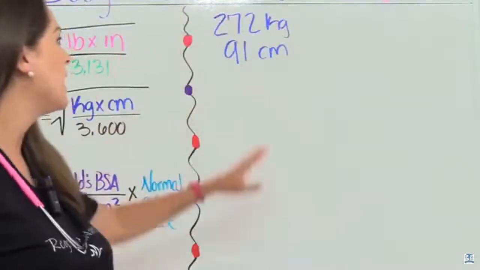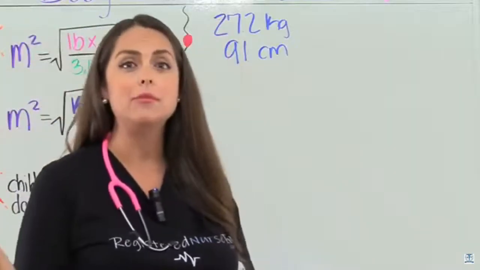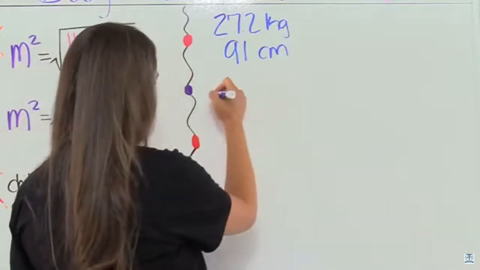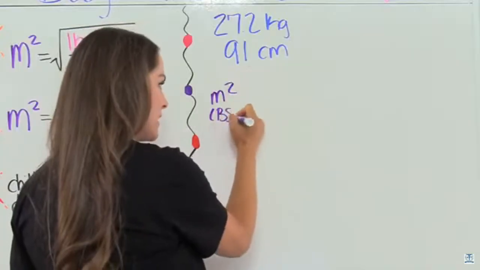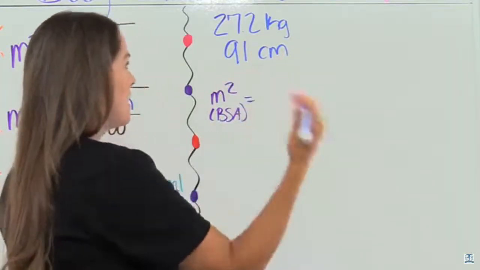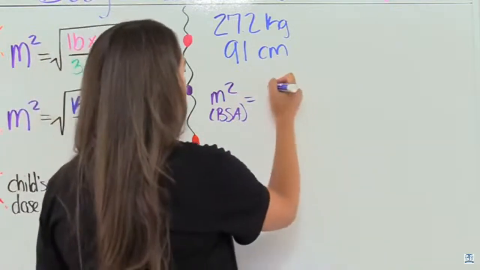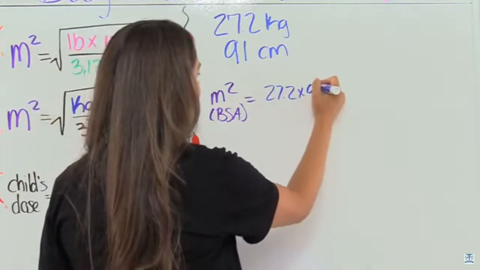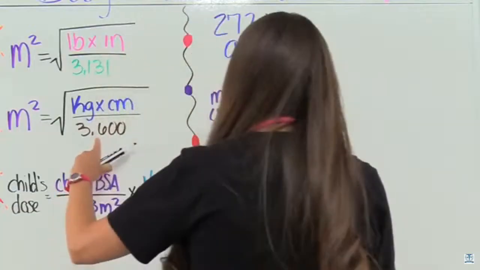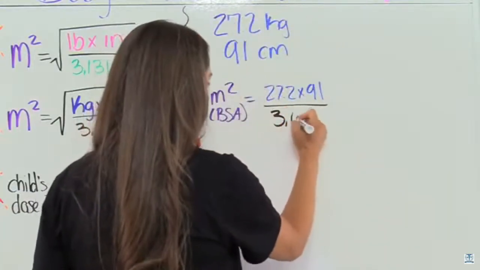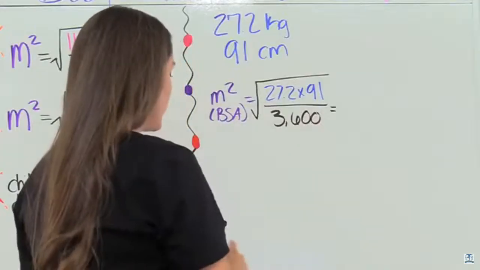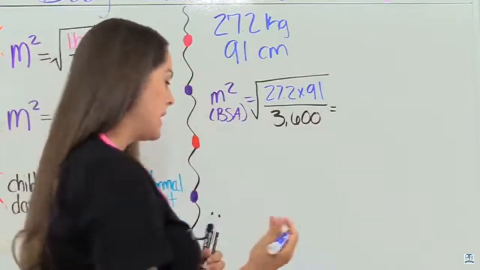So let's go ahead and plug in. Everything's ready for us to go. We don't have to convert anything like we did before with the 5 feet 7 inches. So our formula says square meter, which again is the body surface area that we're trying to calculate, equals the weight times the height, and kilograms times centimeters. So 27.2 times 91, and we're actually going to be dividing that out by 3,600. So we're going to put 3,600 down here, and then whenever we're done with that, we have to figure out this. So 27.2 times 91 gives us